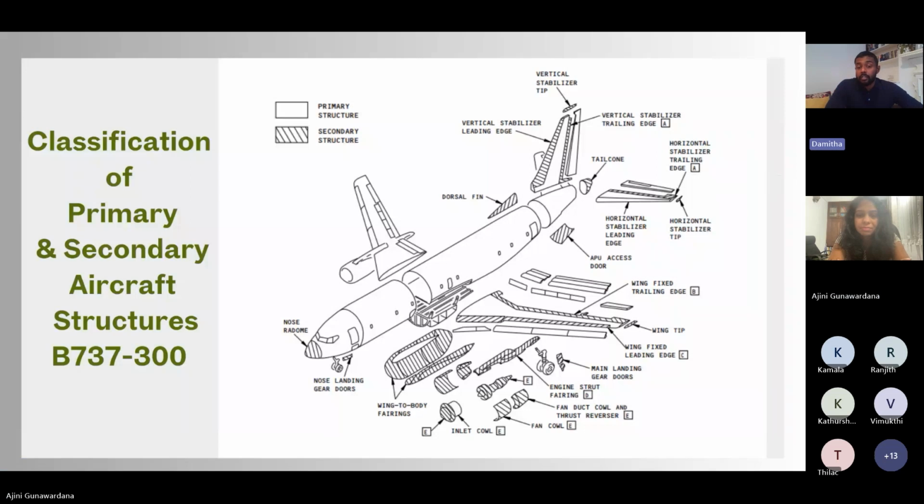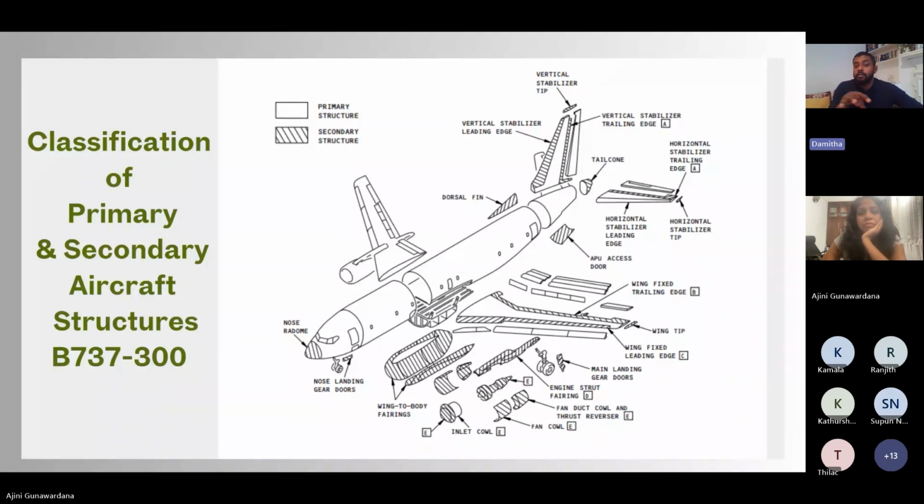For me, at least, I haven't done too much primary structure work. I have only worked on secondary structures, because primary structures, normally outsiders don't get to do it. It's always the aircraft manufacturer who deals with them. To understand how we can do a repair or a structural change, we need to have all the data about the changes and vibrations and pressure cycles and everything that an aircraft goes through. And it's not even just one instance. It needs to account for all the possible scenarios.